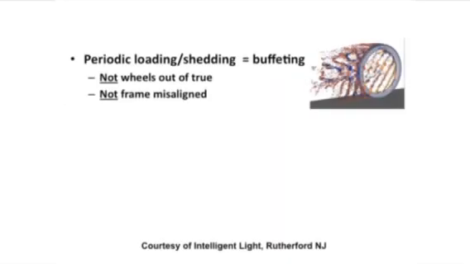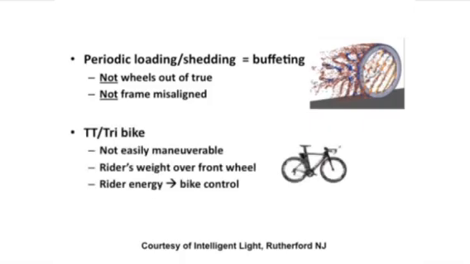If your bike is buffeting, it's probably not because the wheels are out of true. It's probably not because there's something misaligned in the frame. It's because of this buffeting that occurs on the rim. This is particularly critical when we're looking at time trial bikes and triathlon bikes. These are bicycles that are not easily maneuverable in the first place. The rider's weight is over the front wheel, and the rider wants to spend all of his or her energy